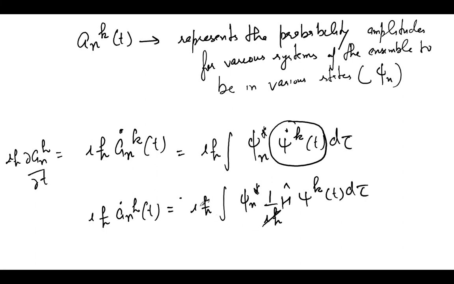So this gets cancelled with this, and we are left with phi n star H operator psi k of t into delta tau. Now putting the value of this psi k of t in terms of this probability amplitude and these system states, this equation becomes